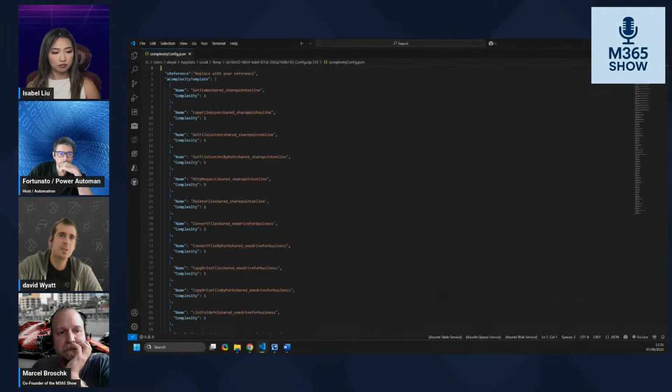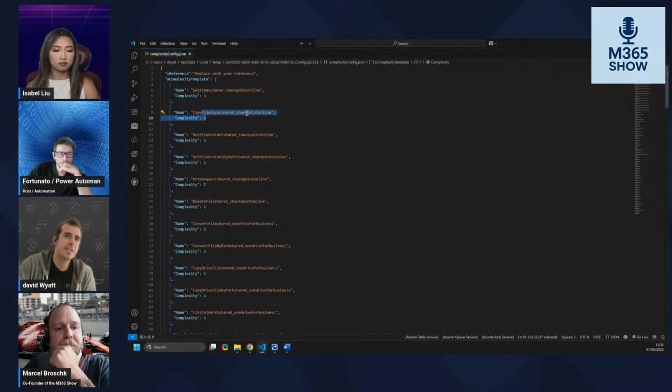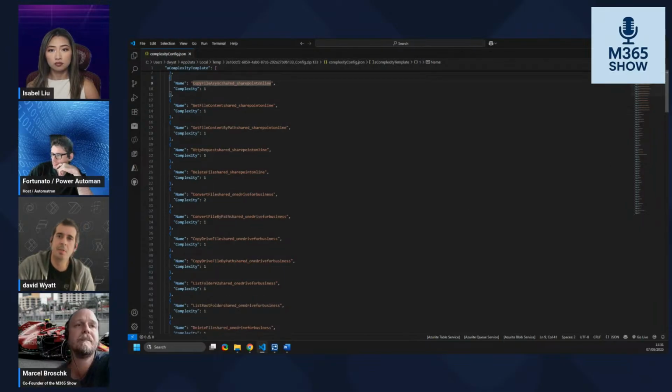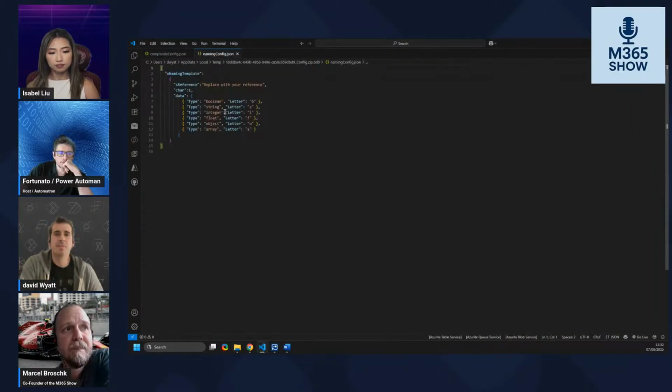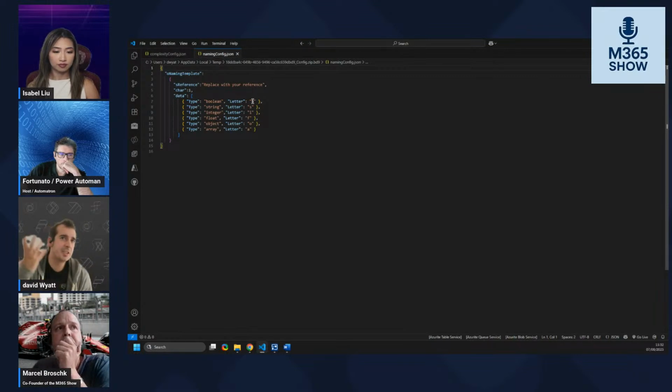But if I go into VS Code, you'll see here you can go in and set the complexity of these actions. So if this is a SharePoint line, it's a 1, but maybe I want other ones to be higher. An API webhook is 2. So I can configure that. And likewise, naming convention. I'm a big strong believer that every environment, every variable should have a naming convention. It makes it easier to identify and understand what it's doing. So in this case, the expectation is that if it's a Boolean, it should start with a B. If it's a string, it should start with an S. And again, you can edit the number of characters that you want at the beginning, and you can play with the settings you want from an environment variable point of view.